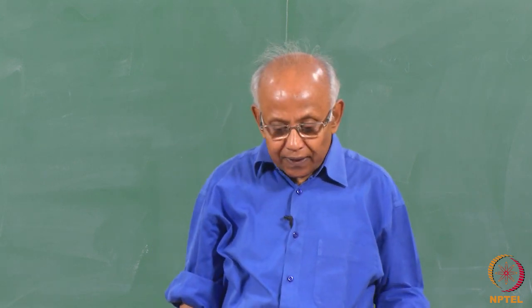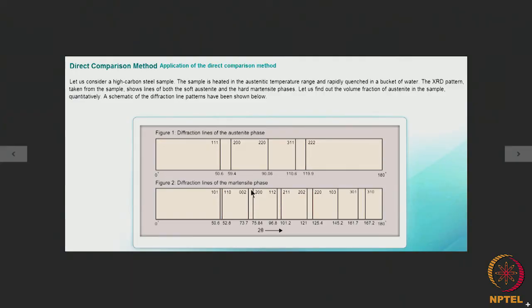For example, in this particular case, we choose the 200 line of martensite and the 220 line of austenite. Now for the 200 line of martensite, we can see that the 2 theta is 75.84 degrees,